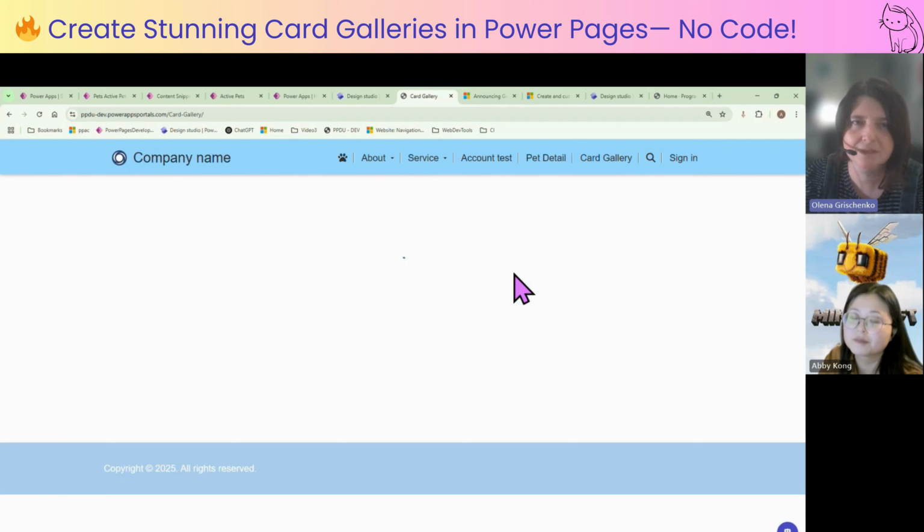Okay, it does display the pet type, which is actually from a formula field. Great. And if we come back here and